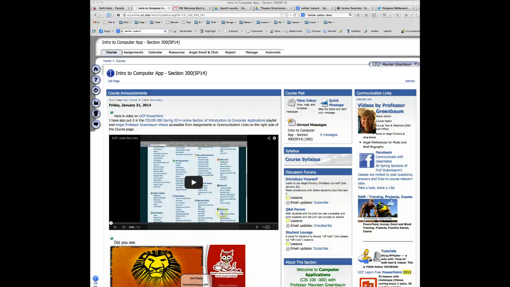Angel is an LMS, a Learning Management System. It's a way for students and professors to talk to one another via discussion boards, discussion forums. One of the things I don't think is fair about Angel is you're going to work very hard for the whole term. You're going to submit stuff to Angel, and you can keep it on your hard disk, but the Angel stuff